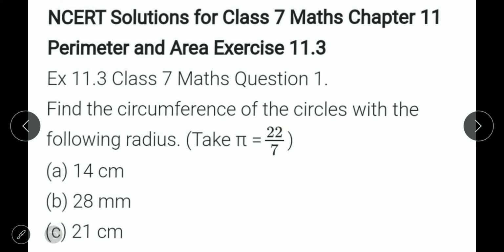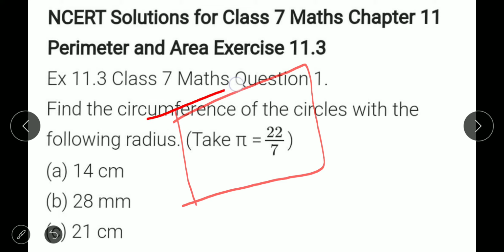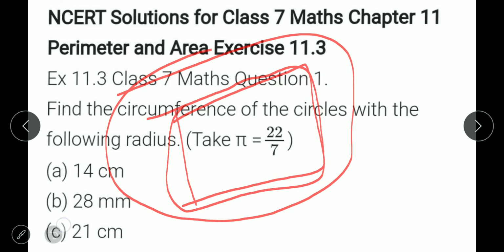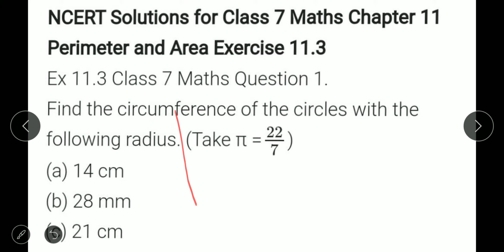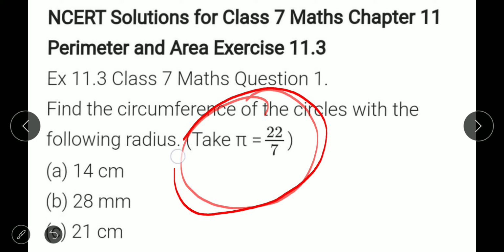Circumference, as you know, in square, rectangle, parallelogram, we have learned all these figures. We know what is perimeter. Perimeter means the area which is on the boundary. Yes, outside area, that all is included in the perimeter. In the same way, in case of a circle, the boundary of the circle is known as the circumference of the circle.